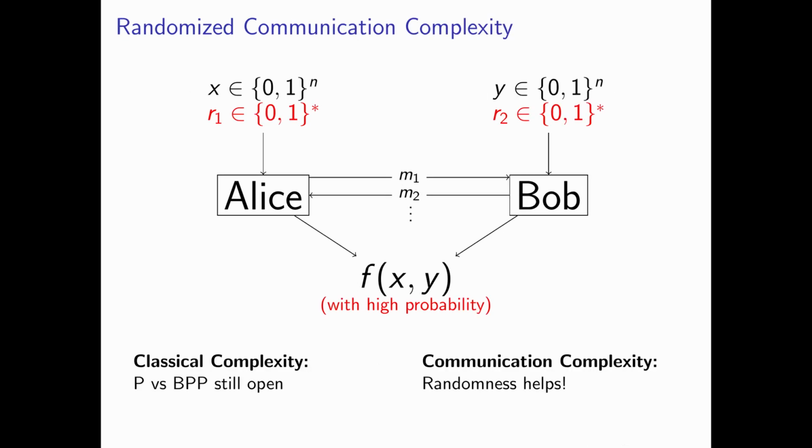It is also interesting to study the model where Alice and Bob have access to a source of randomness and are only required to output the correct answer most of the time. Does this help Alice and Bob solve the problem while communicating less? This is analogous to the P versus BPP question in classical computation. But while it is reasonable to conjecture that randomness does not help more than a polynomial amount in Turing machines, so P may very well equal BPP, it is known that randomness does help quite a bit in communication.